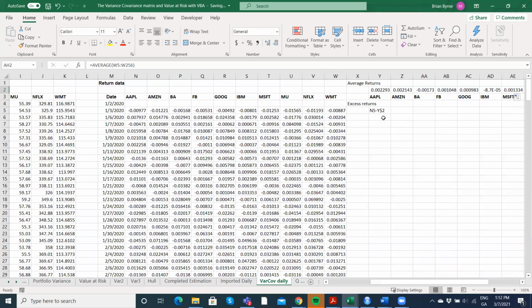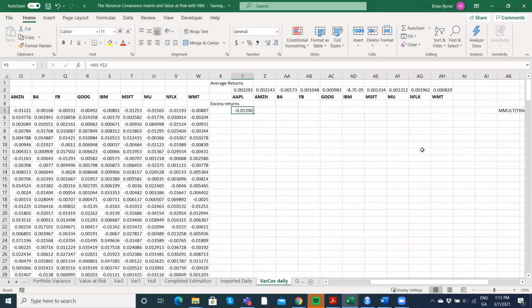Next, we need to estimate the excess returns. So I want to take this value and subtract away the average, and that produces the excess return. Let's put an equal sign here, equal to the daily return on this date minus the average for that stock. Now, notice that I have a $ sign here, which means we're locking the cell reference to row 2. But that means when I drag that cell across here,